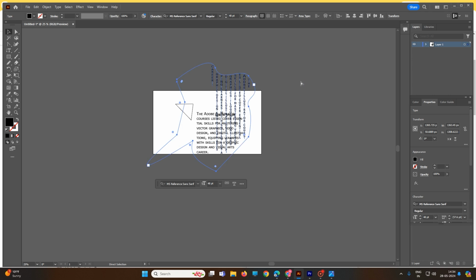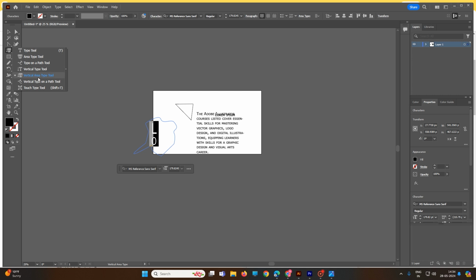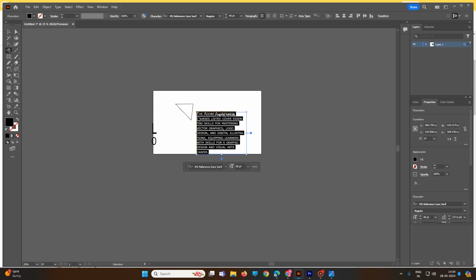Okay, next, the vertical area type tool means that out of boundary you can type, but vertically like that. Vertical area type tool. Okay, and vertical type on path. Here is the path and I want to type vertically